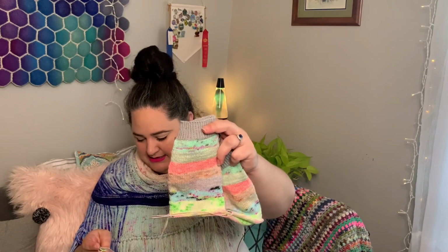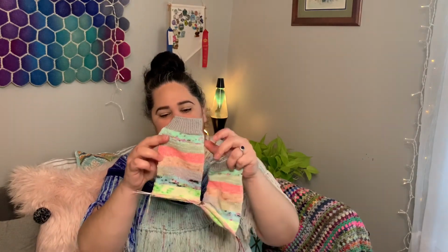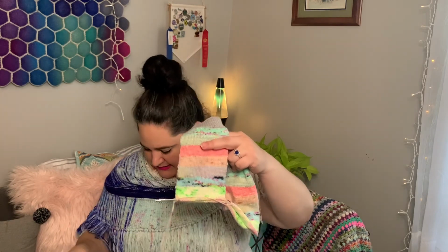So this is also from Birch Dye Works, and that is in the colorway Dervout. And let's see, the next one is from my Sockhead hat. That is the Dandelion and Dogwoods. The next color here is from